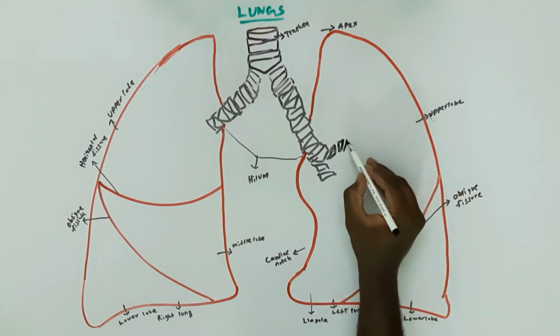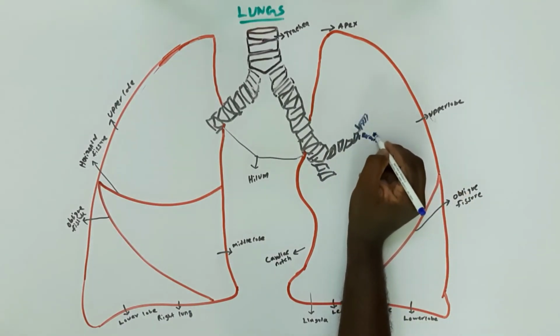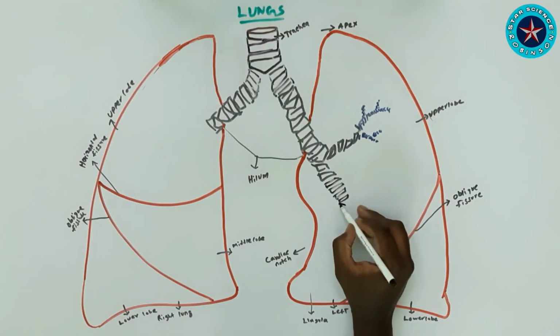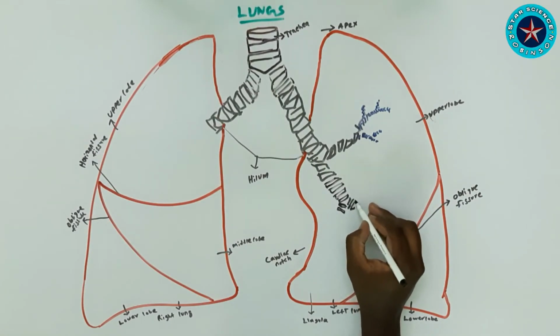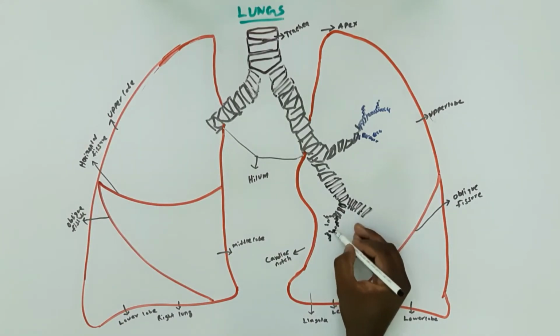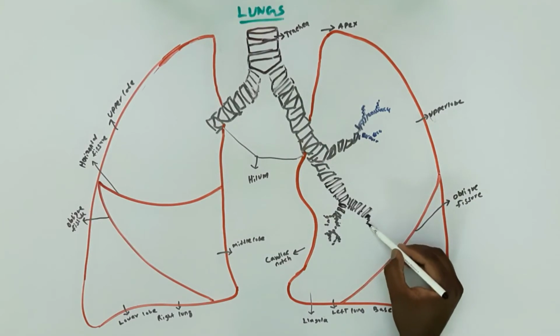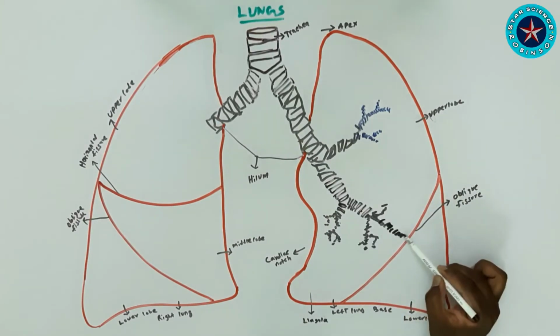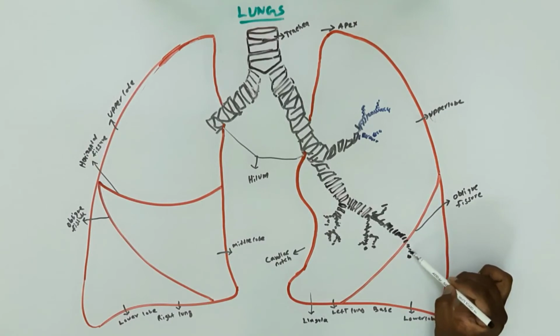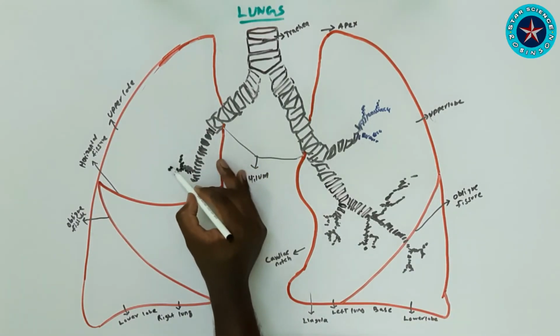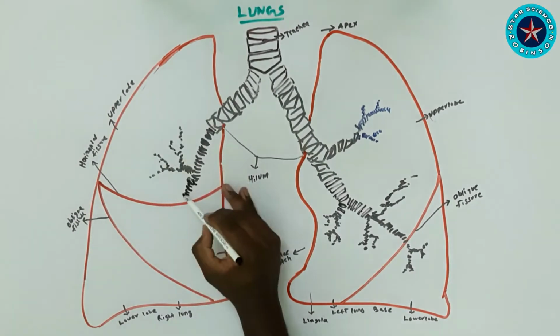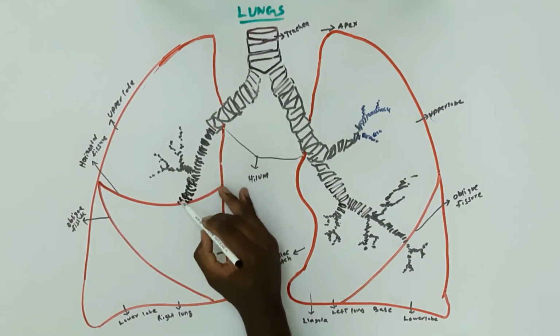When I draw the bronchial trees, I will go with the functions of the lungs. First one, external respiration. So this is exchange of gases by diffusion between the alveoli and the blood in the alveolar capillaries across the respiratory membrane. The pulmonary artery brings CO2 blood into the lung, and from the lung the O2 blood will flow through the pulmonary veins into the heart and all parts of the body. Defense against infection. And next, warming and humidifying.